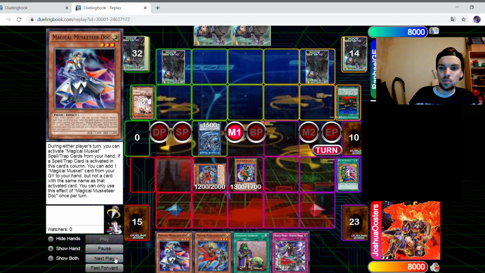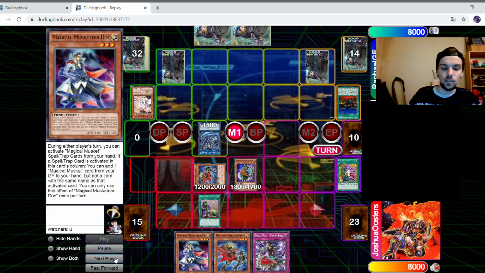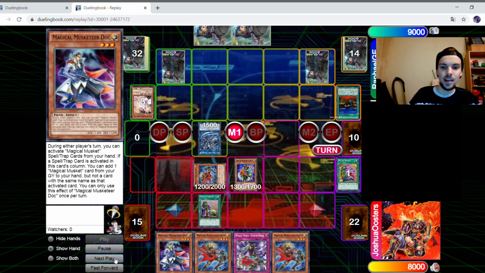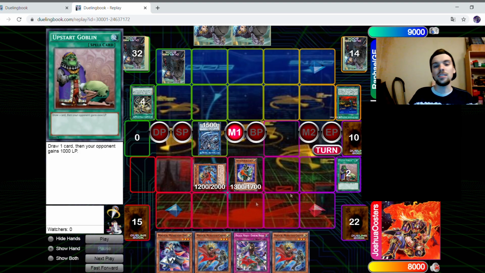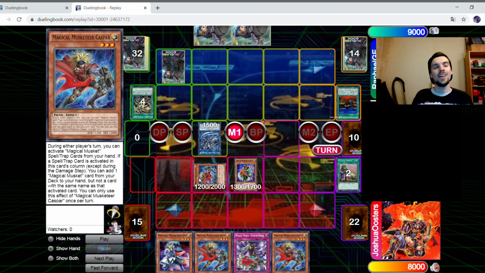I'm gonna bring out Caspar, like I said, because I can trigger with the Upstart. Upstart's of course fine. I'm gonna draw another Caspar, which doesn't really help here. Actually, it's even kind of annoying because it means I won't be able to summon Caspar or Max later. I'm gonna trigger the Caspar here. And basically he's forced to Anchor here, right? Because I could either add Desperado or Last Stand here, and both would basically prevent his Anchor